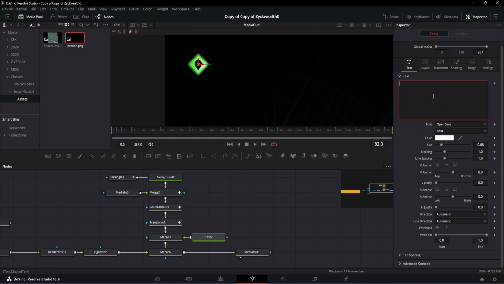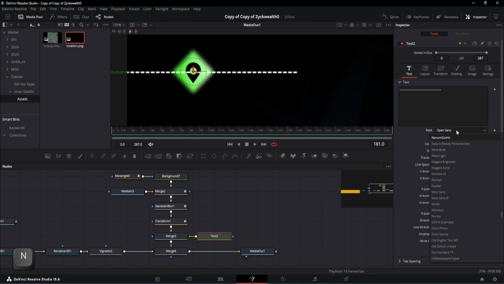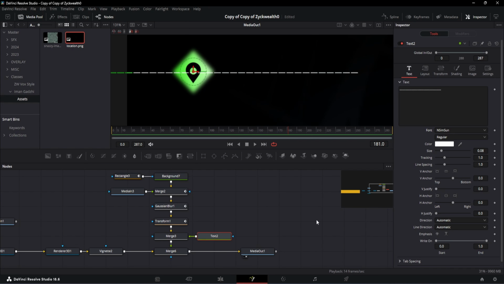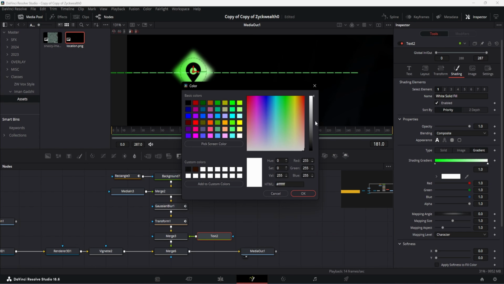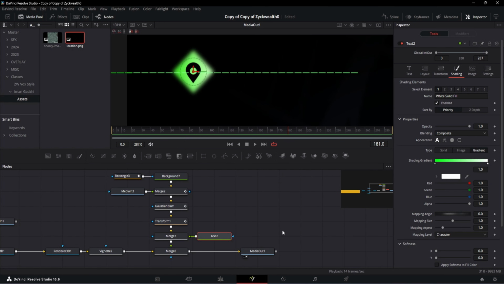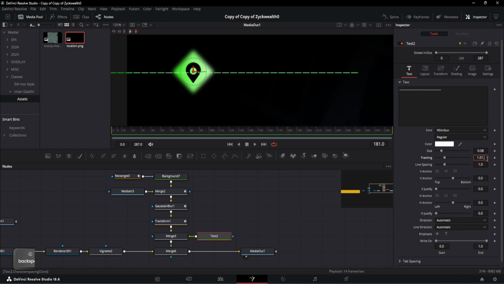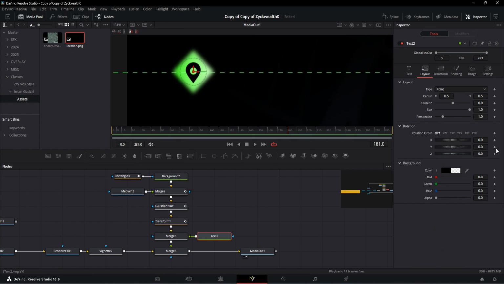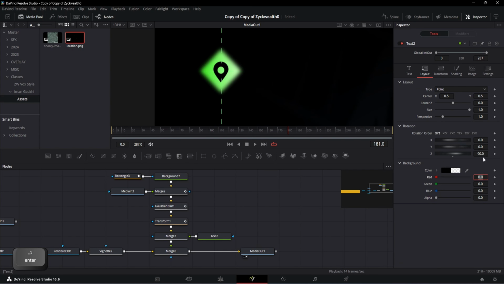Now click on the Text Plus node. I'm using a font called Yen Simpson with the font weight set to regular, and I've given it a gradient color similar to a rectangle inside our shading tab, and I've also increased the tracking distance to 1.3 and size to 0.055. After that, click on the layout tab and change the Z rotation to 90, then take the playhead